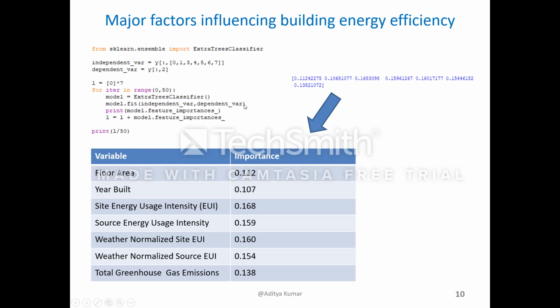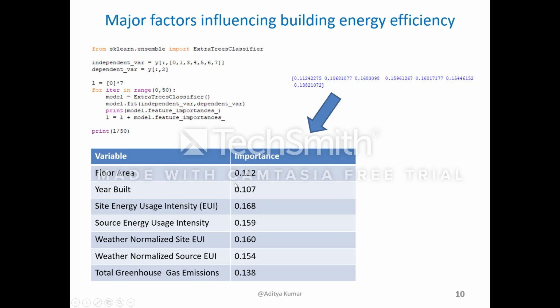So moving on to studying the major factors that would influence building energy efficiency. For this I'm using a machine learning algorithm called the extra trees classifier. This algorithm can be used to determine which parameters influence a given dependent variable. We can get an order as to which parameters influence the dependent variable the most. So here is the code for that. I wrote this in Python, and this is the result, which is explained here. This is just a list showing the values corresponding to each parameter.